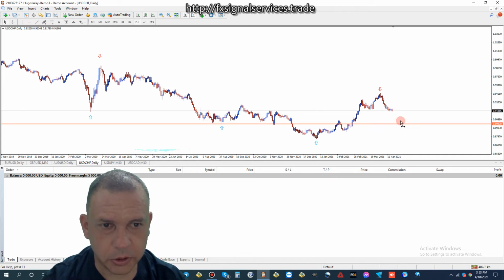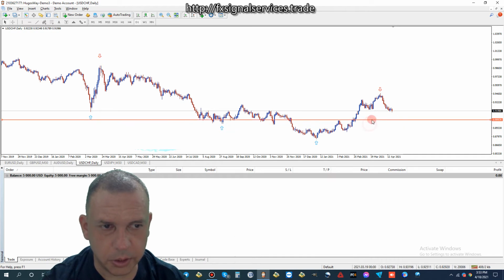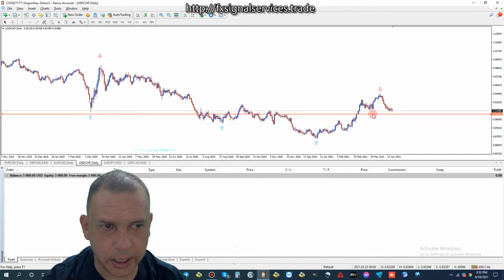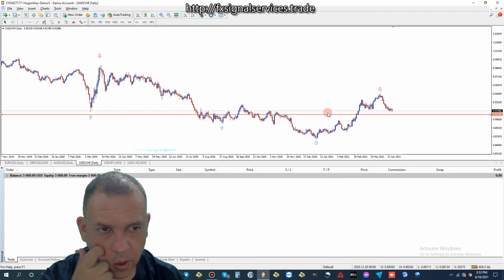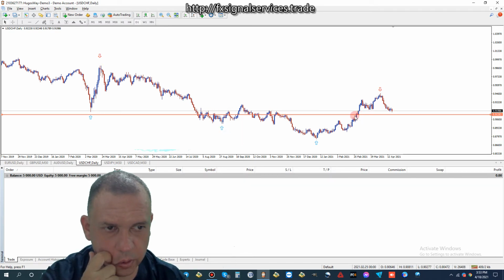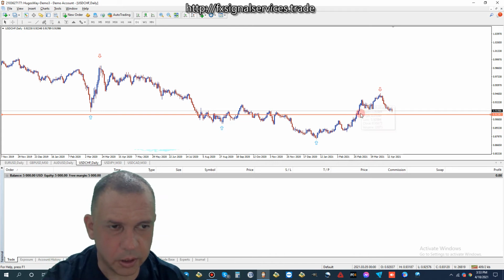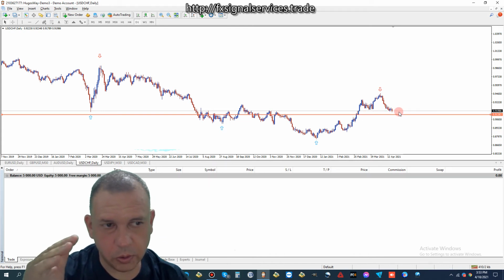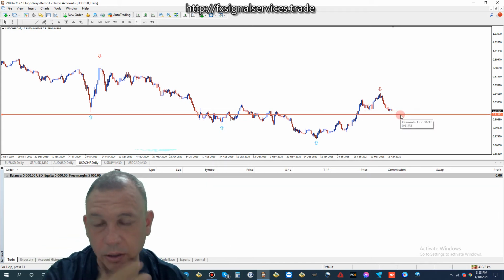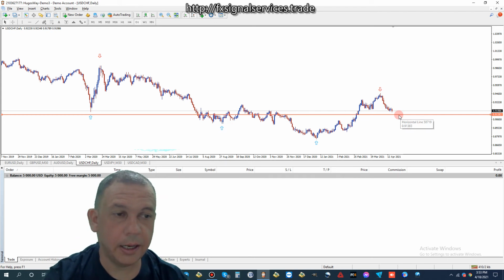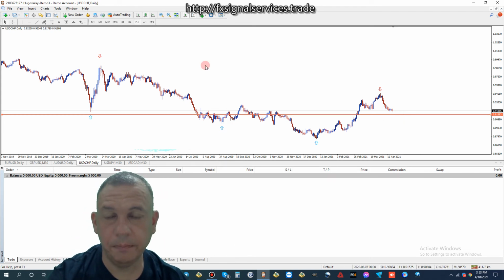Okay, just so you can see, I'd lower the arrow a little bit, but I'm thinking we go right here because we have a resistance here and support. This was a resistance, broke, it's now a support. So this is definitely a support that it will hit. Now I think this is the target right here.